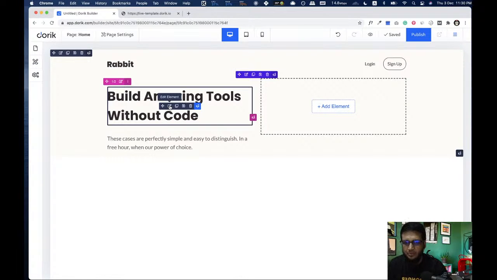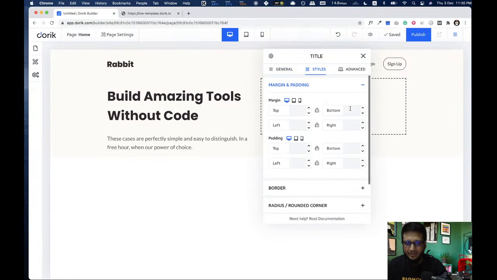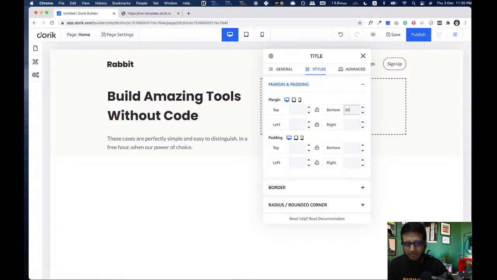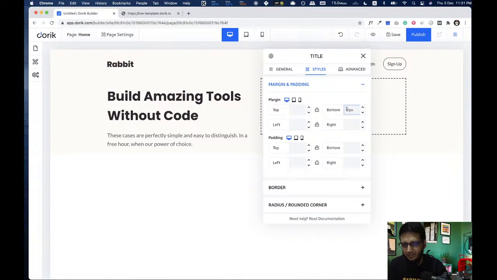If you want to reduce these gaps, you can just go to heading and adjust the margin at top and bottom. For example, if I put 0, you see the gap is reduced, and if I add, let's say 50 pixel, you can see the gap is higher. So I'm just gonna keep it at 10.